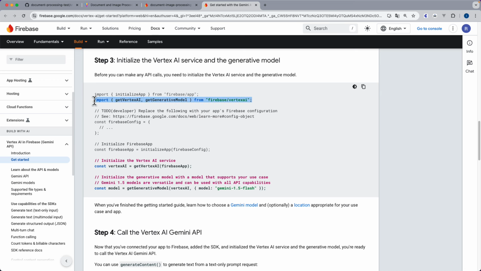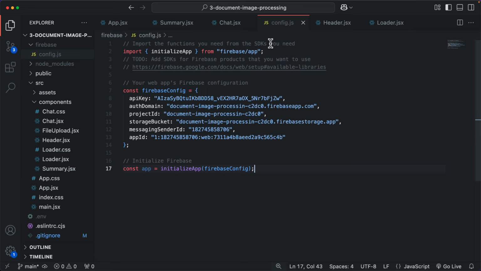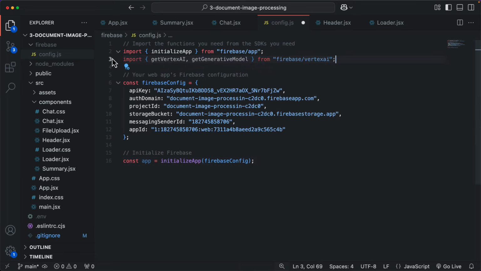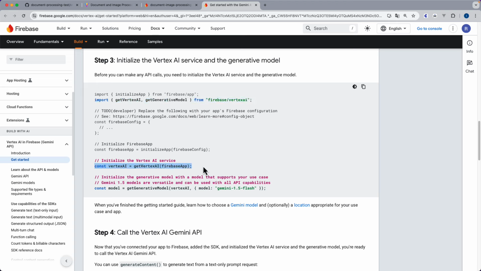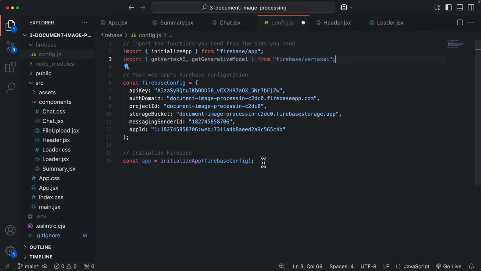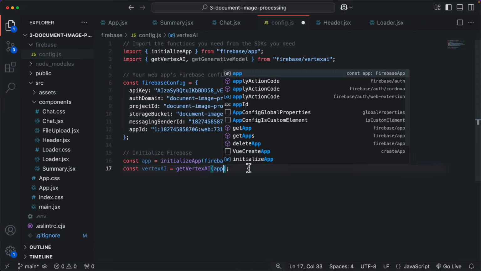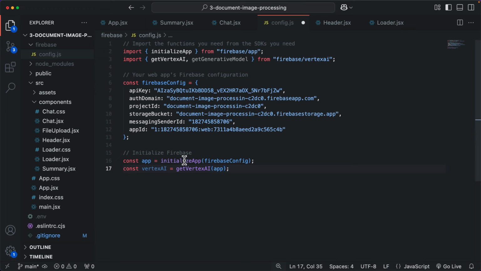Now let's import getVertexAI and getGenerativeModel. Let's go back to the Firebase configuration file and add it here. And now we are going to initialize the service from the configuration file. So right below the app, we're going to initialize the service. We just need to be careful here because the variable name is different. So instead of firebaseApp, let's change it to app, which is the name of the variable that came with